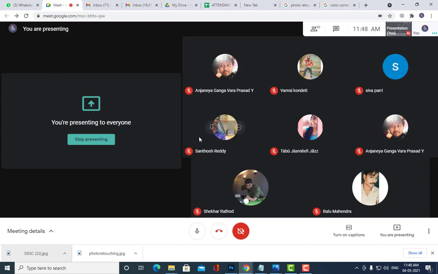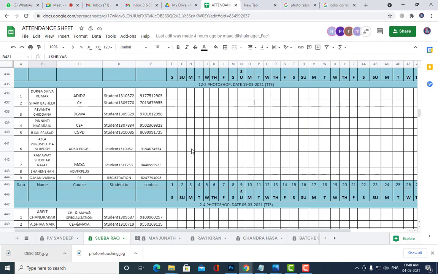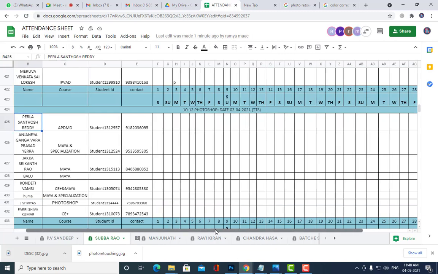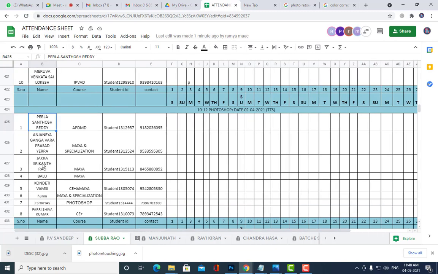Okay? So today, how many are present? 1, 2, 3, 4, 5, 6. Six, actually. Okay, just let me put the attendance. So today, who is absent? Jakka, Srikant Rao and Shreyas, right? Santosh Reddy present.